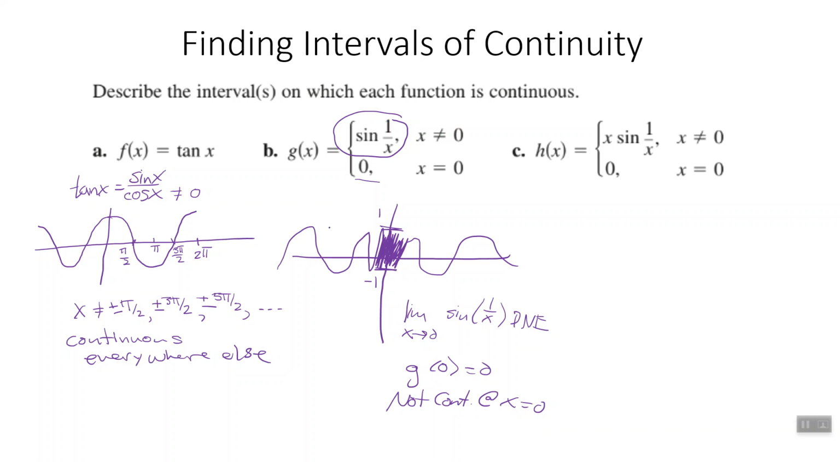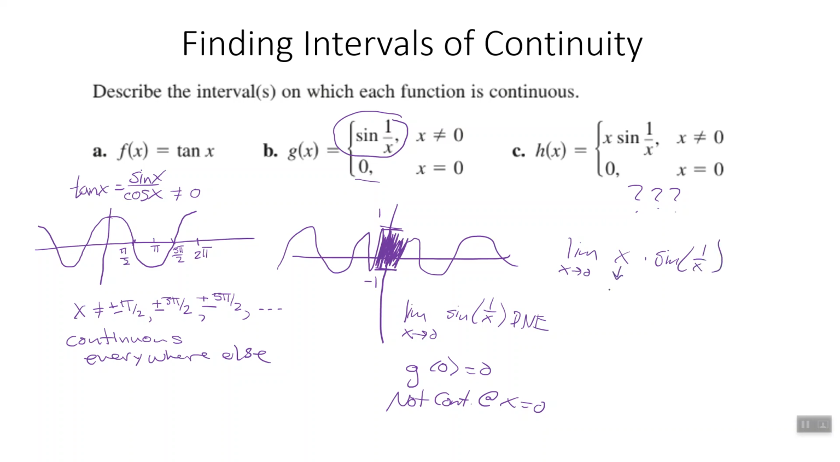All right, and then that brings us over to this one here, h of x. So we've got x times sine of 1 over x, if x is not equal to 0, and 0 if x is equal to 0. So I wonder if that x out front is going to do anything. All right, well, it turns out that this x in front helps us. It helps us a lot because that goes to 0. So if we take the limit now as x goes to 0 of x times the sine of 1 over x,